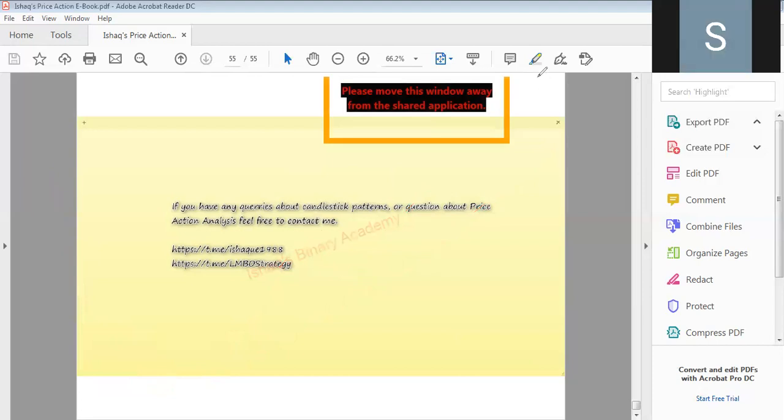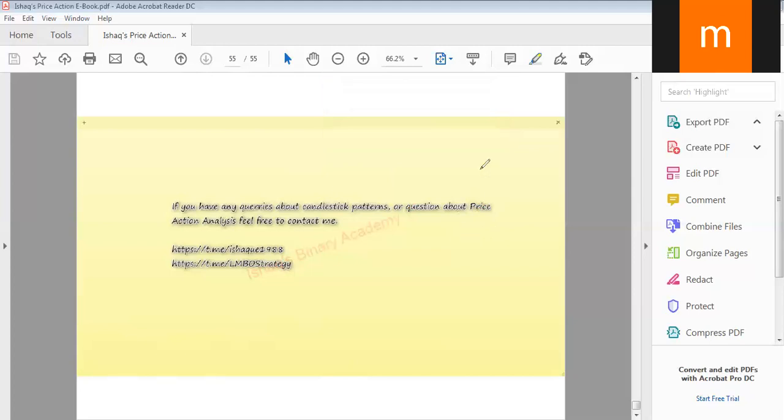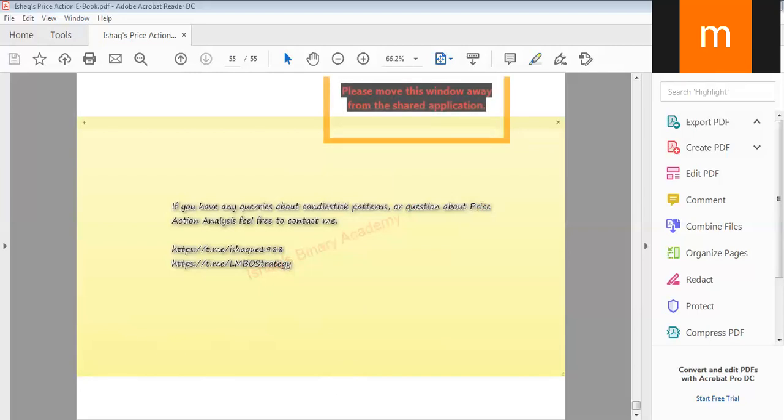Okay, sir. Next question. Brother, can you show some examples on the live chart? No, not a live chart. It's only a demo for the session. If I go to the live chart, it will take more time, because it's a 40-minute session, and after 40 minutes this meeting will end. But if I have time in the end, then I will show you on the live chart. No problem. But if there is any question about this book, anyone can ask me, then I will go to the live chart.